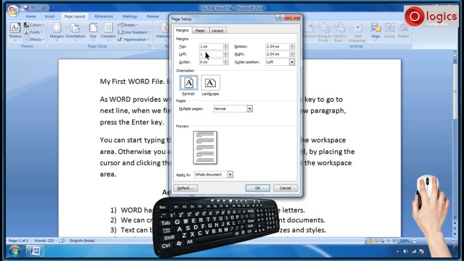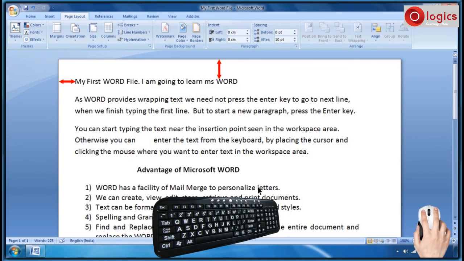Click on OK button. See, this is your document with top and left margin as 1 centimeter.